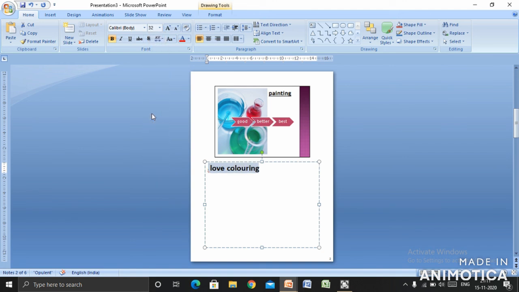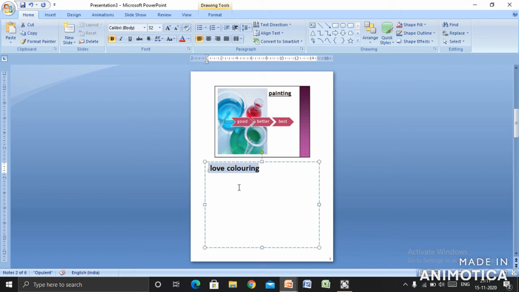Okay, so what is the notes page, children? The notes page is available on the View tab. What it does is it displays the notes page for the selected slide. You can select a certain slide and display the notes page whenever you want to create some additional notes for the current slide. So this is the use of the notes page.